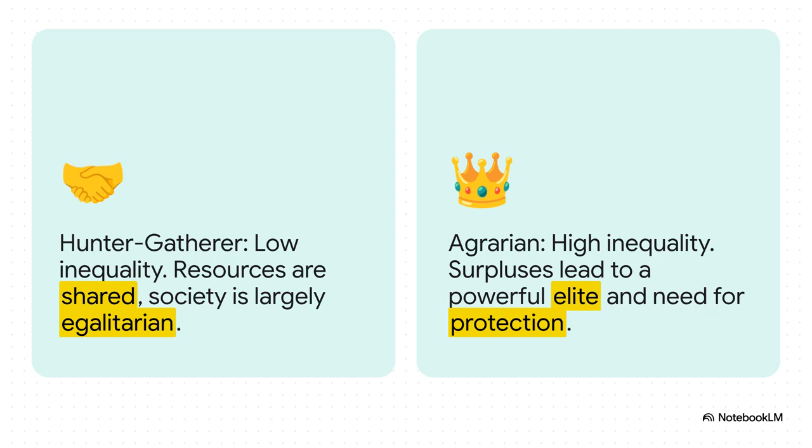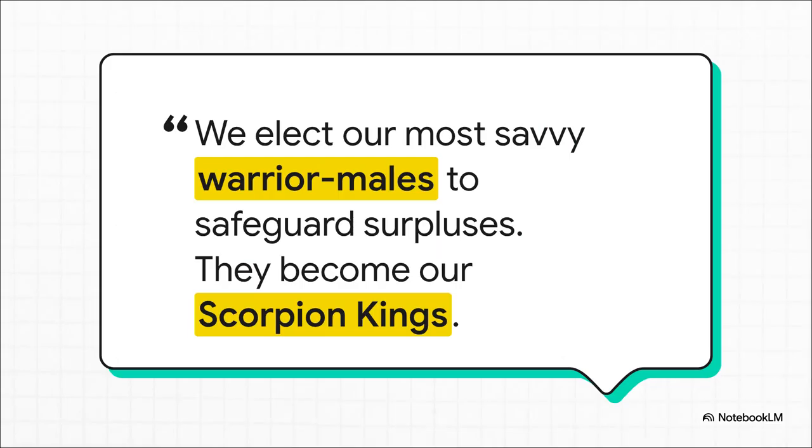But then, agriculture happened. For the very first time, people had a surplus, extra food, and that created a whole new kind of problem. Who's going to protect it? And wow, this quote really just nails it, doesn't it? This is how you get your first elite class. Society starts rewarding its protectors, its scorpion kings, with power and stuff. And before you know it, those elites start changing the rules to protect themselves, not everybody else. This is where our curve starts to climb, and I mean really climb.